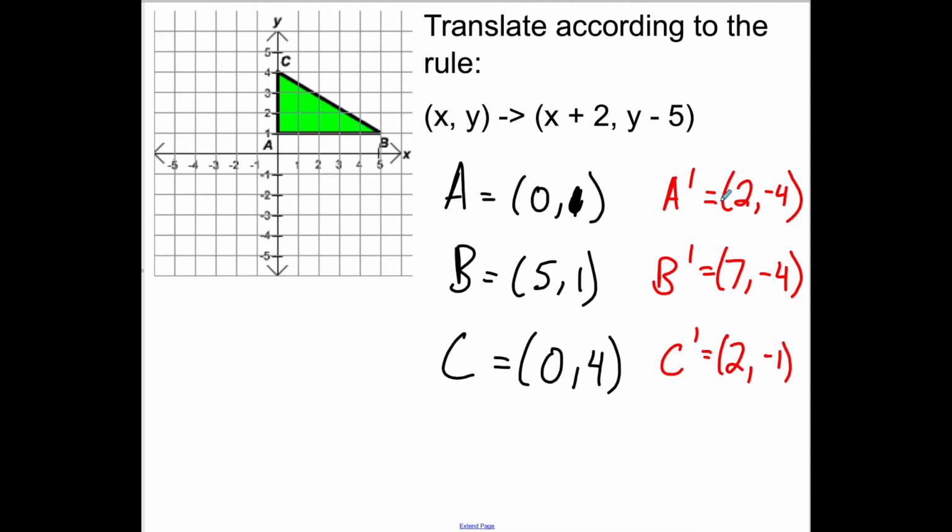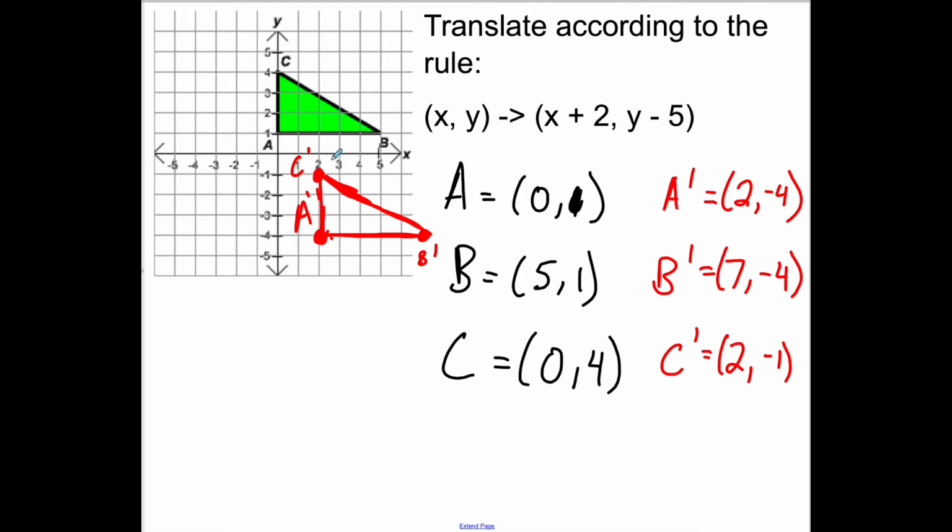And now that we've applied the rule, we have 3 points that we can plot. So A prime will be moved to 2, -4. B prime is going to be moved to 7, -4, which is approximately here. And C prime is going to be moved to 2, -1. So we label our points. We connect them the best we can, and obviously, we might have a ruler or some tool with us so we can make it a little bit nicer. But we have A prime, B prime, C prime, and we can see that ultimately we've gone over 2 and